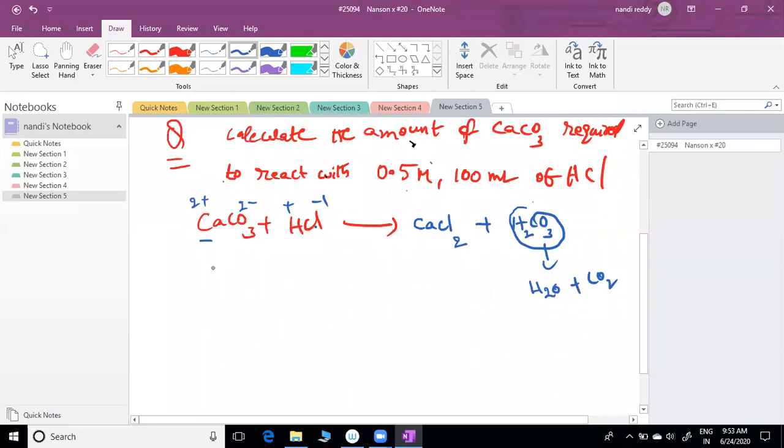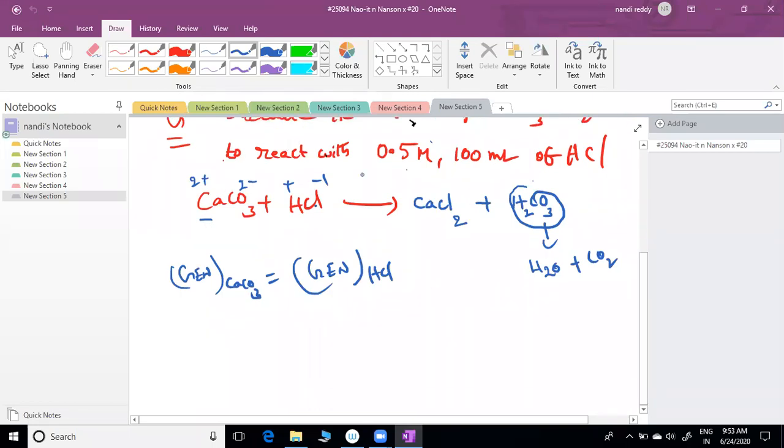We can equal everything in terms of equivalents. Can I write gram equivalents, GN of CaCO3 equal to GN of HCl? Can I write? With the concept of gram equivalent number, we have no need to balance the equation. Sometimes, if you are not able to get n-factors, then you can balance the equation and apply the mole concept. So this is the basic formula I am using: equivalents of calcium carbonate equal equivalents of HCl.